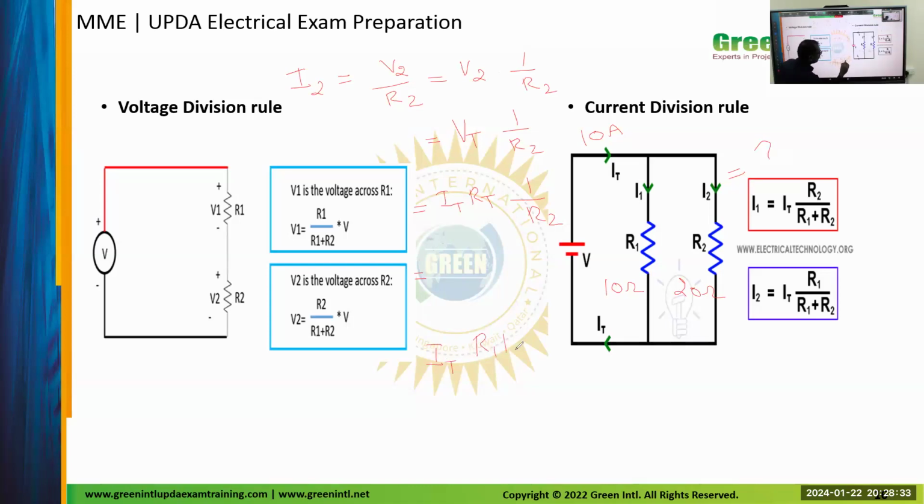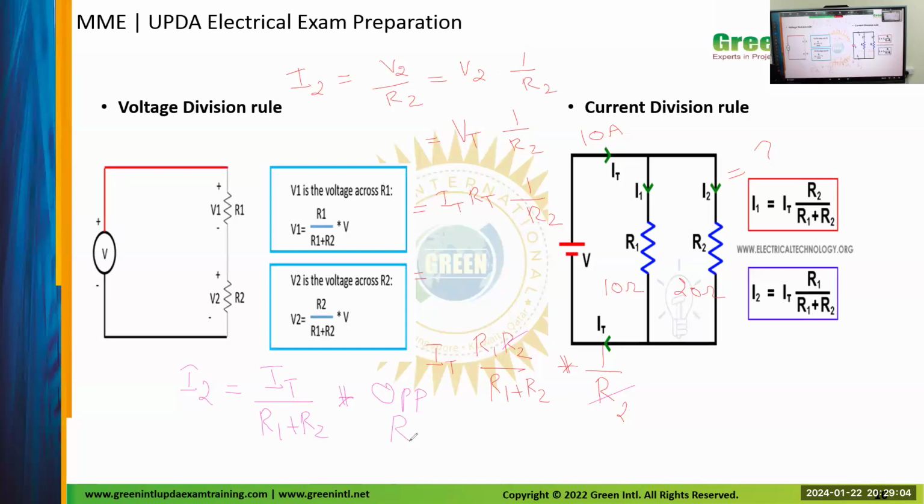R1 into R2 divided by R1 plus R2 into 1 by R2. This is this value, and mathematically, we may cancel this. So from this, I2 is equal to total current I divided by the sum of the resistance, into the opposite resistance